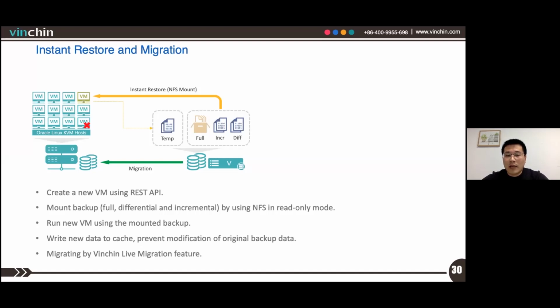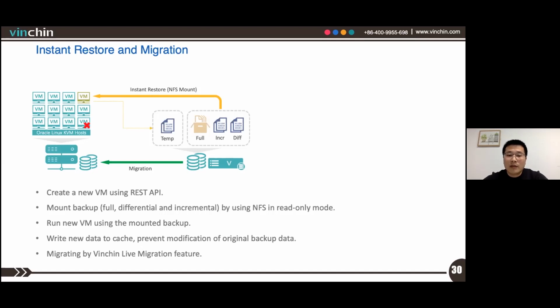And the migration will be performed in 3 steps to guarantee the consistency of the virtual machine states. In step 1, the original backup data will be migrated. In step 2, the cache data will be migrated. In step 3, the instant restored virtual machine will be powered off, and then the final cache data will be migrated.